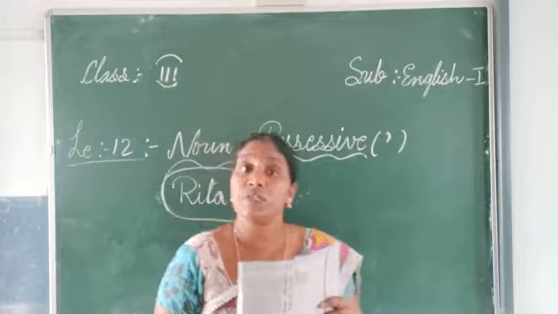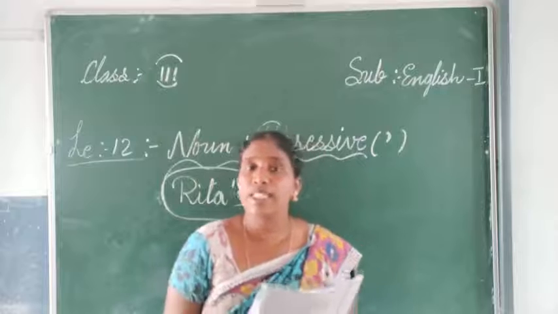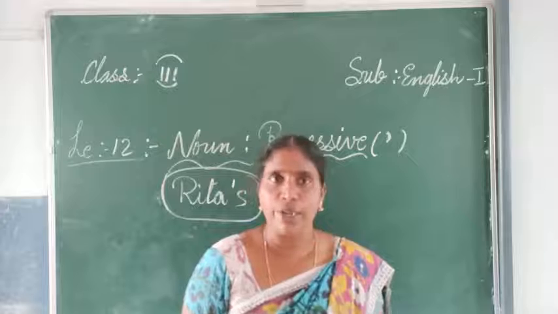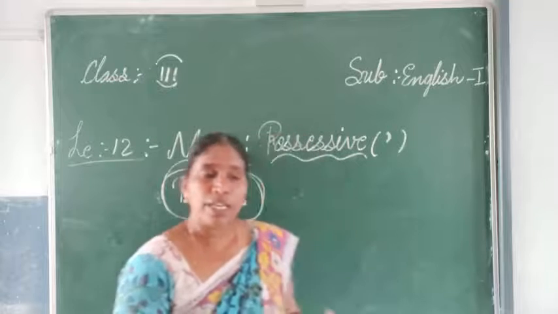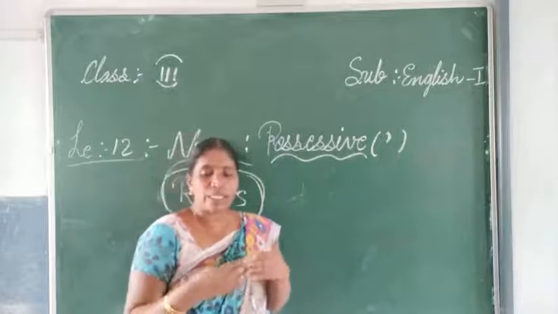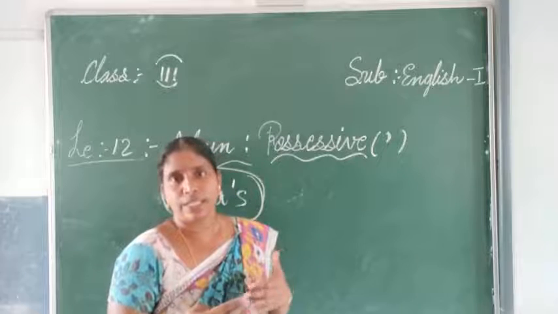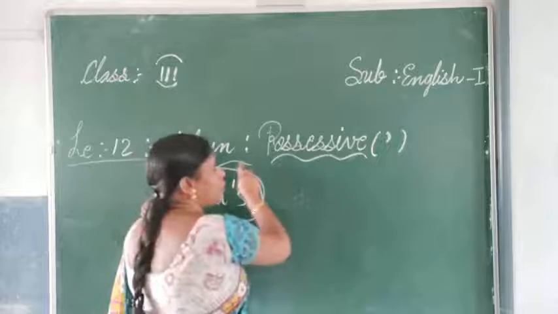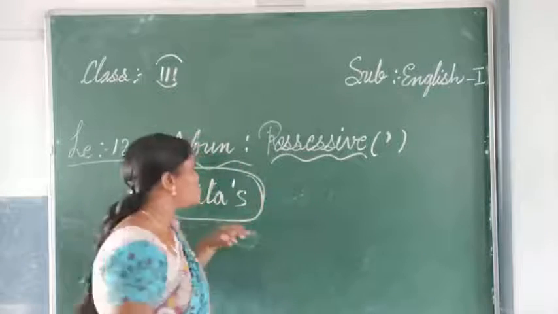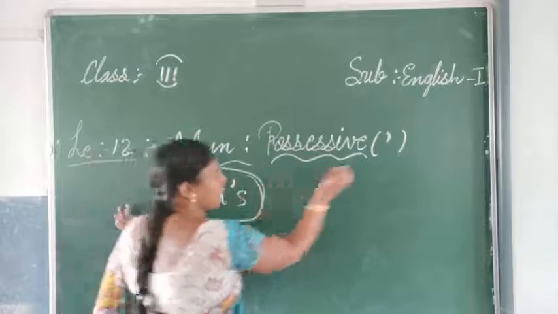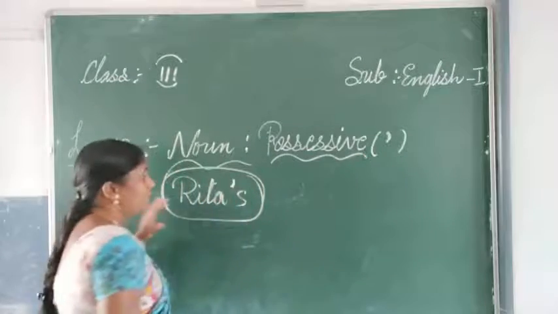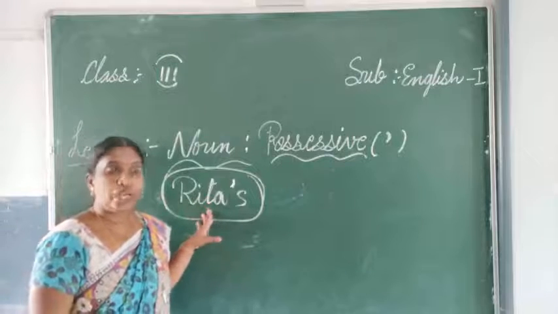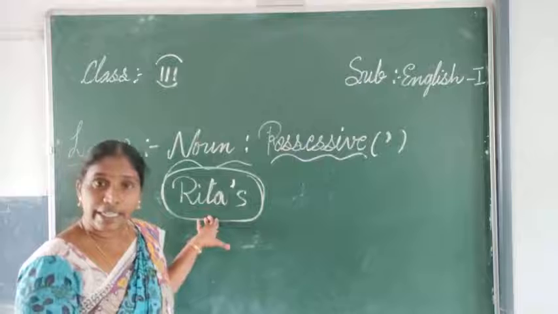She is very possessive about her things, we say. Why is she very possessive? Because those are her own belongings. So when it is our own, when we feel that it is ours, that possessiveness, we call possessive. That's why we use the name noun possessive here. So this apostrophe, what is this in the bracket? This is the apostrophe. This apostrophe is the main thing here, to confirm that this is Rita's.